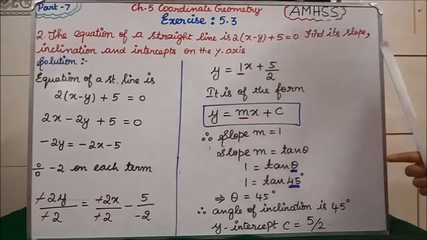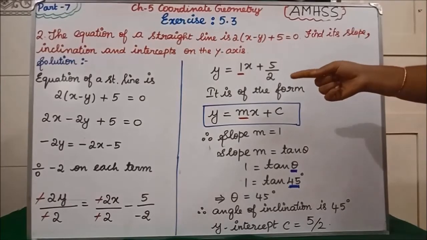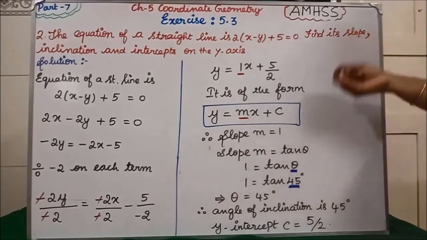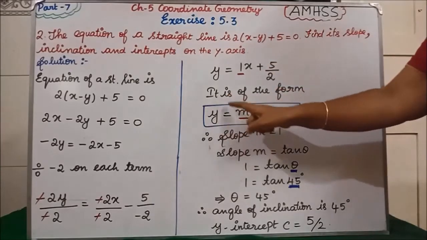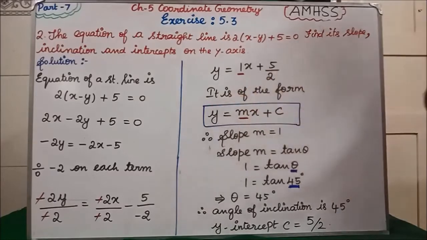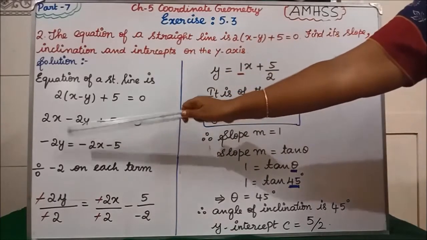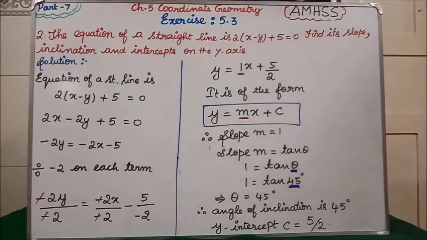Why are we bringing it like this? We have the slope y-intercept form, I have told you, no? Y equal to mx plus c form. What formula is that? Y equal to mx plus c means slope y-intercept form. In order to apply this formula, we keep only y on the left-hand side, and the remaining x value and constant value we take to the right-hand side.